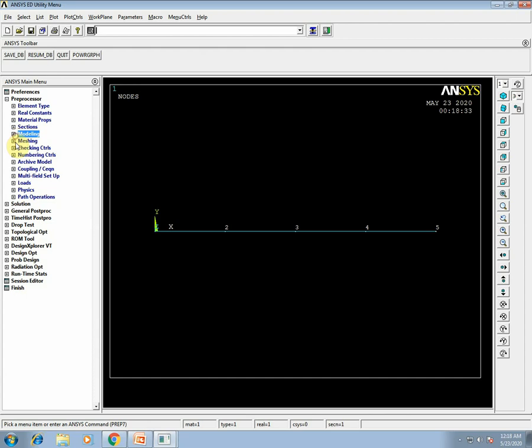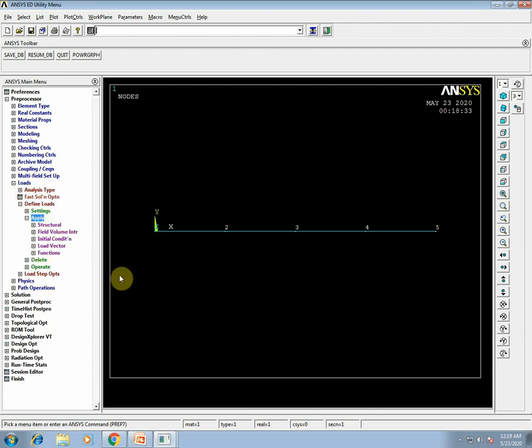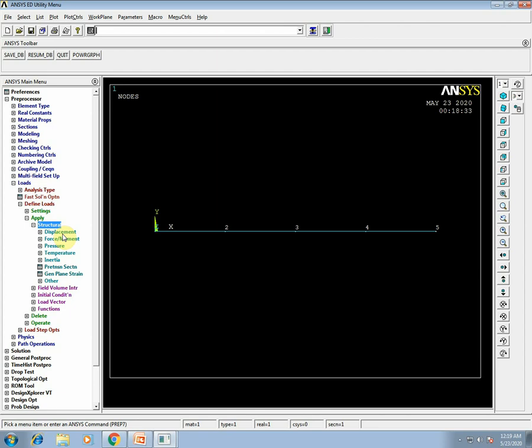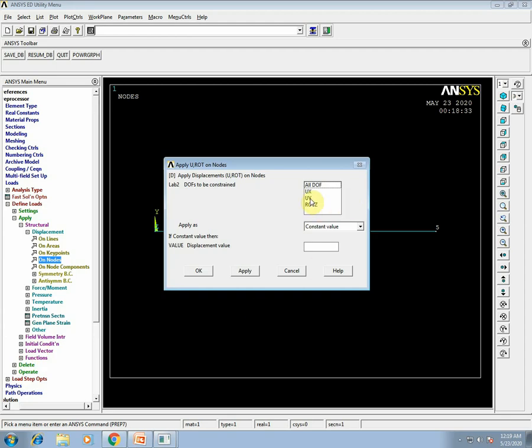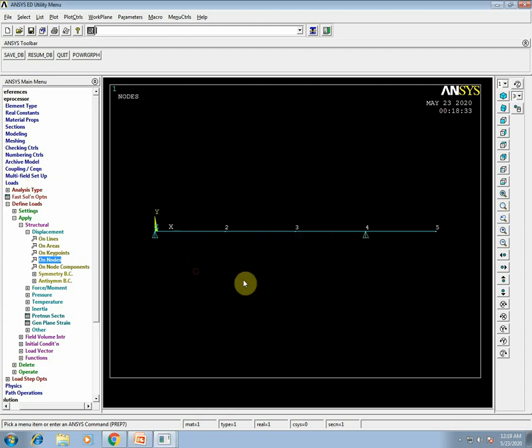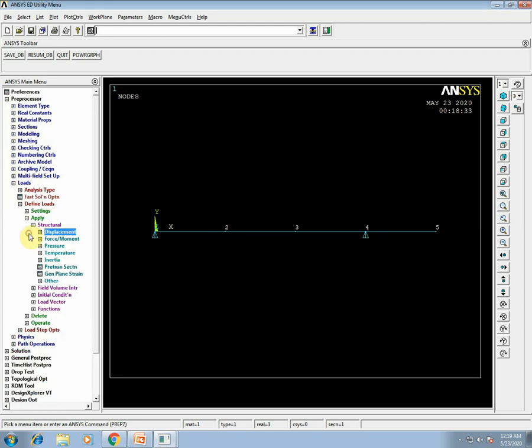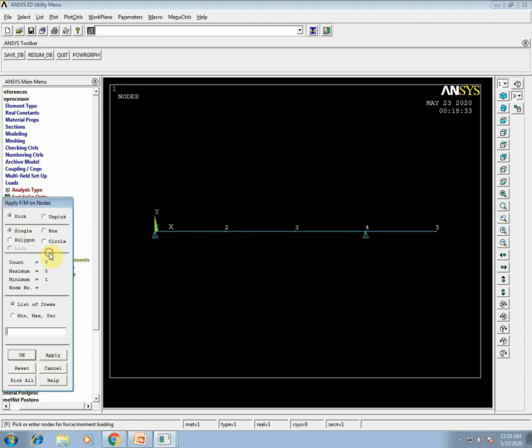Now we have to apply the loads. Define loads, apply, structural, displacement on nodes. The first and the fourth points are acting as the simply supported points. OK. Then force/moment on nodes.